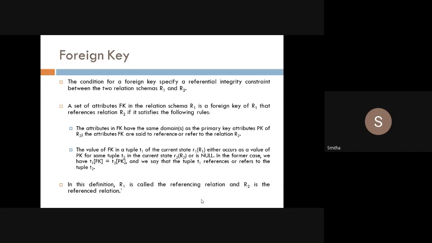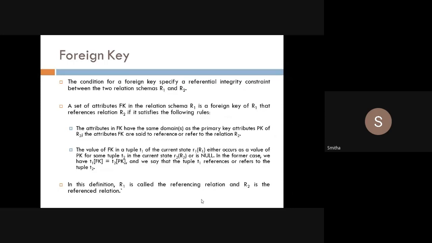Okay, in the former case, what happens? We have T1 of FK equal to T2 of PK. T1 of FK means the employee relation. If I take R1 as employee and R2 as department, then T1 of FK means the tuple of that particular foreign key will be equal to the tuple of primary key. Okay, and we say that the tuple T1 references or refers to the tuple T2.